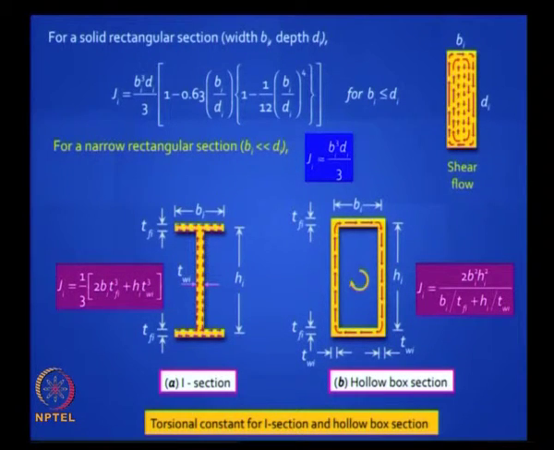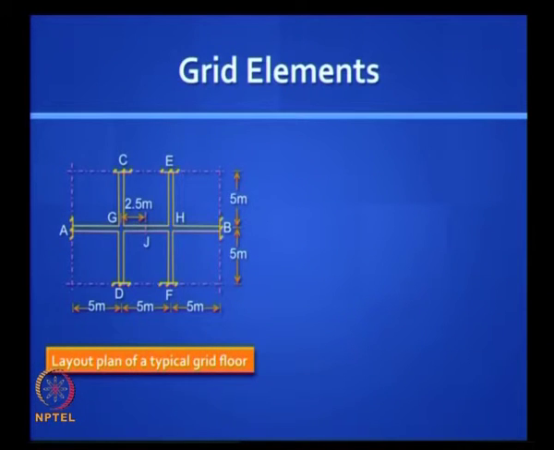If you cut that box anywhere and make a slit, then it is not as effective, and if you have a slit, you can go back and use the formula for a narrow rectangular section and add up for the different segments. Anyway, these formulas are available if you want to use them in practice. Let us look at simple problems like this. Okay, this is a grid problem which we will try to solve.